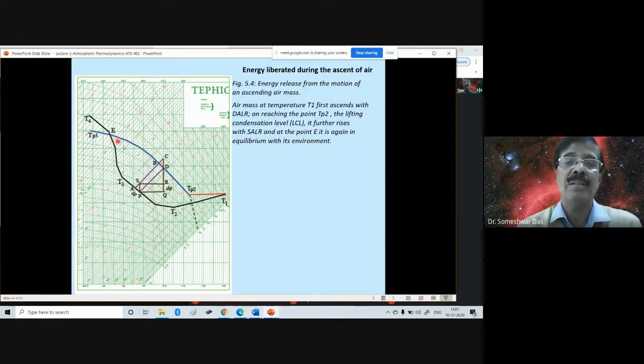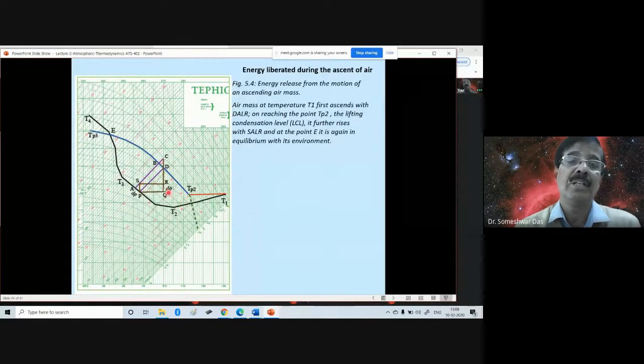Right? And therefore, the cloud base will be somewhere here at the lifting condensation level, and the top of the cloud will be somewhere there, at this crossing point. So this is the depth of the cloud. This will be the depth of the convective cloud, because this has formed because of the convective process. Convection has carried this air parcel from here to there. Right? The atmosphere is unstable. It's called convectively unstable. I'll discuss these things again later on in detail. So this is the convective cloud